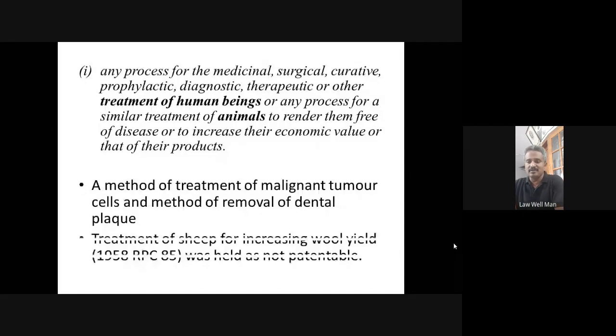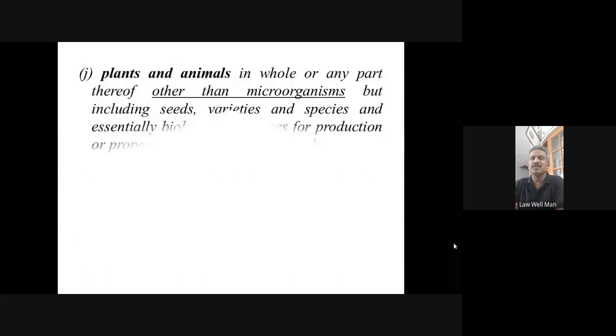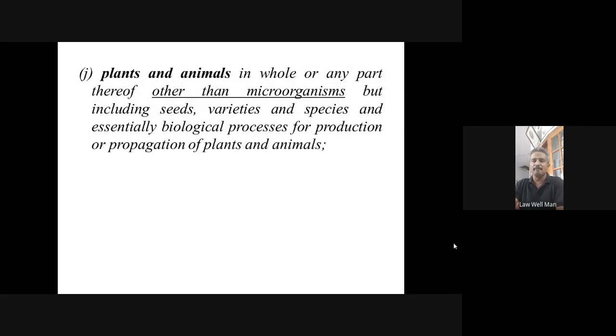Next one is 3J. Plants and animals in whole or any part thereof, other than microorganisms. Plants as such are not patentable, for the reason that you have a Plant Variety Protection Act for that, and higher level of animals, except microorganisms. Higher level of animals are excluded from any kind of intellectual property protection, in whole or in part thereof,